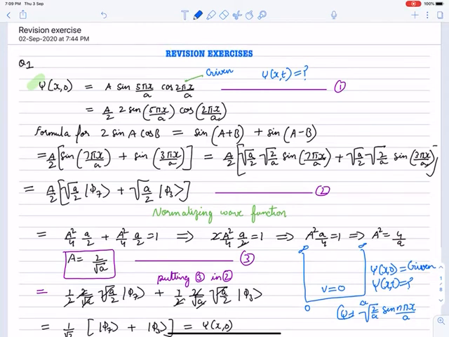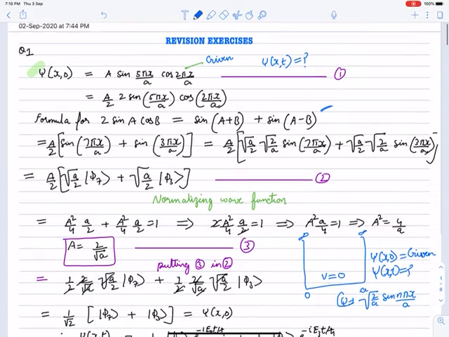Whenever you get this type of question in exams, first see that we don't have a known wave function to solve, such as sine 5 pi x in multiplication. So we can divide it by 2 and multiply it by 2, so it becomes 2 sine a cos b, and we know the formula of 2 sine a cos b. We can apply this formula and change the given function into sine 7 pi x by a plus sine 3 pi x by a.